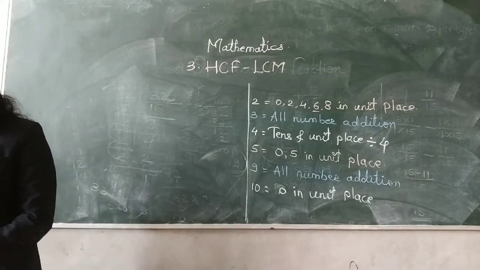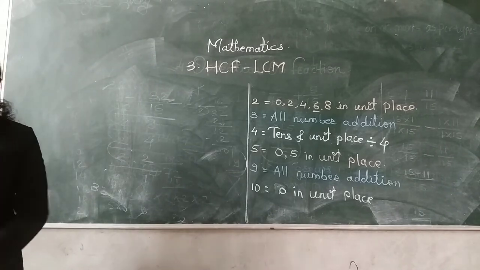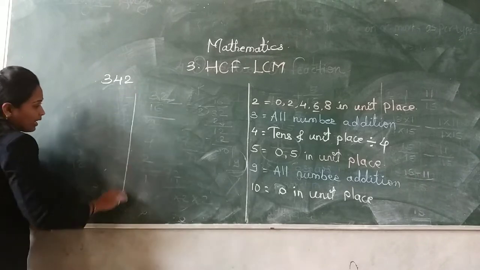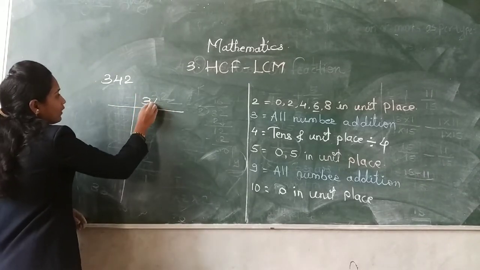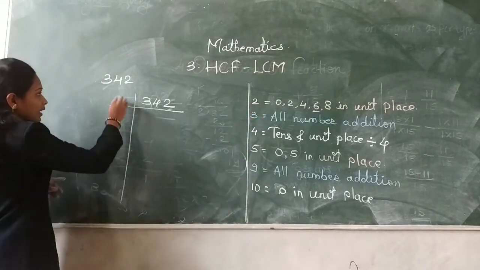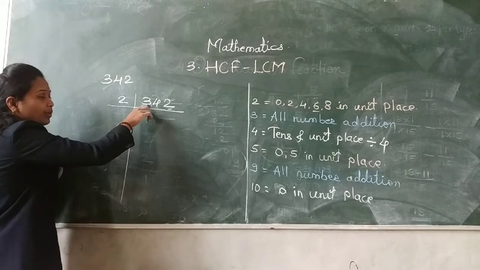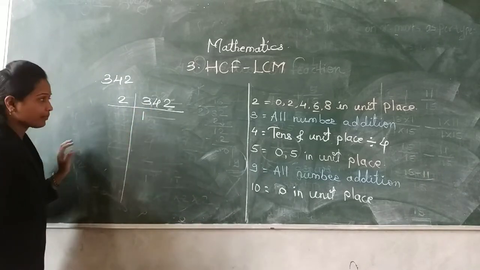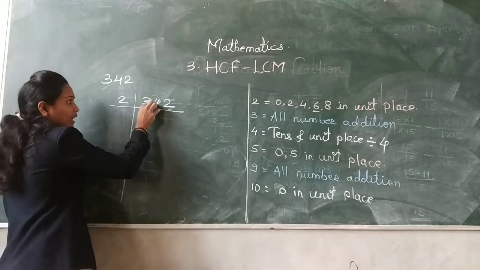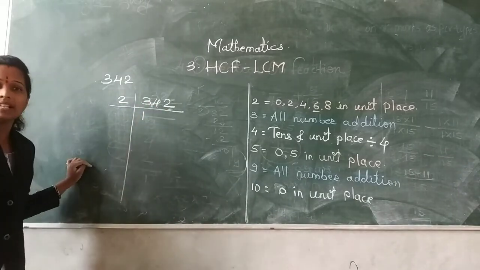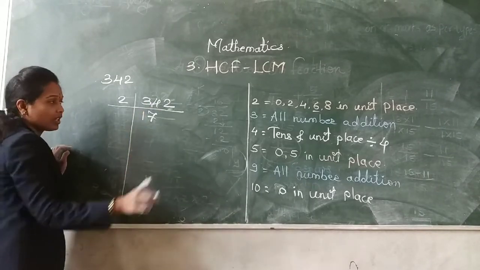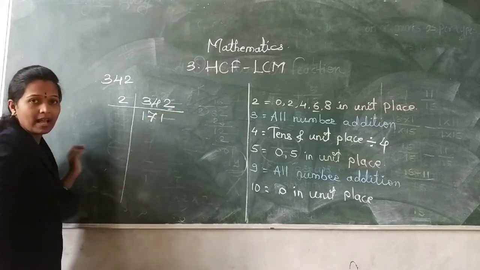Okay, the next number is 342. A 3-digit number is there, 342. So again draw in this way. The unit place, your 2, is given, so divide by 2. Okay, directly we are dividing now. In the table of 2, 3 is not there, so 2 ones are 2. Do the subtraction in your mind, that is 3 minus 2, the answer comes 1. Write down that 1 here. Here is your 14. 14 occurs in the table of 2. 2 sevens are 14. And 14, our division is over. Only 2 is remaining. 2 ones are 2.